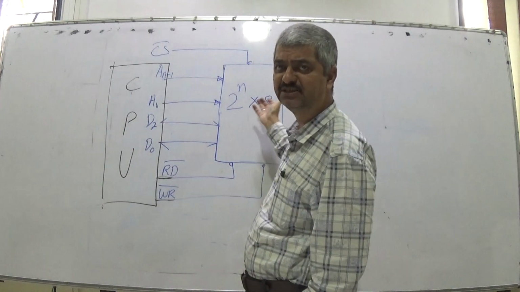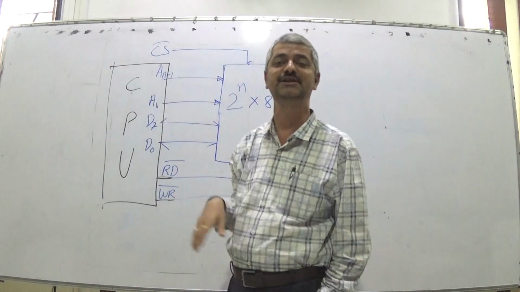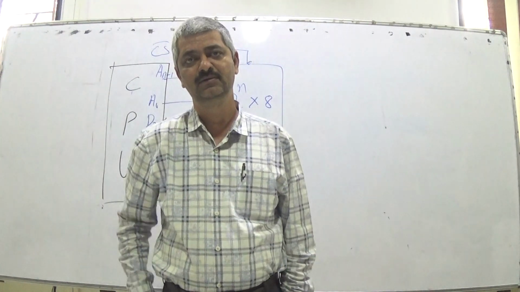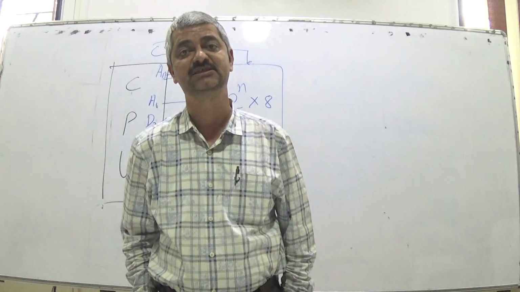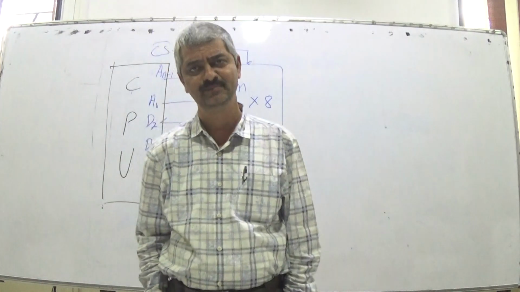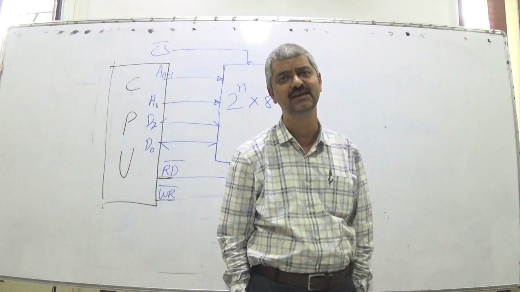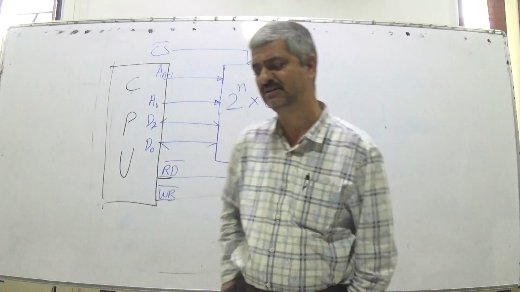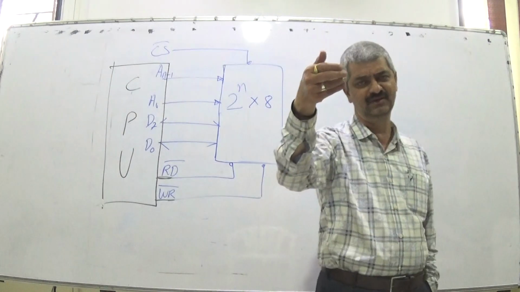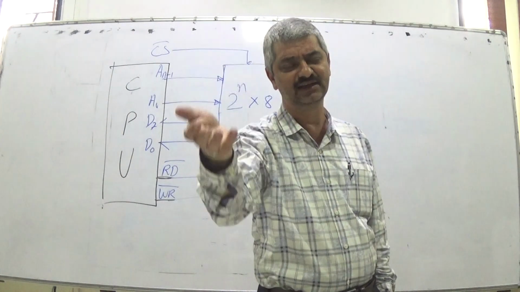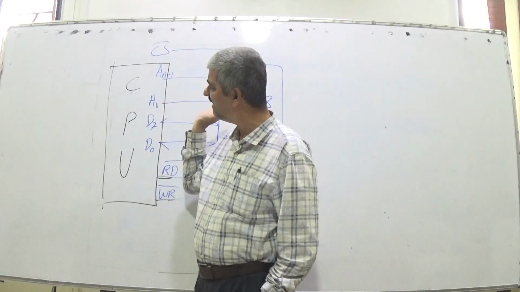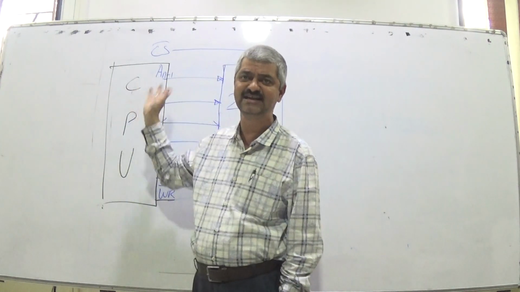External memory can be 64 by 8, 256 by 8, 1024, that is 2 raised to 10, called 1K. Then 2048 is 2K. 65,536 is 64K. Then 256K, 512K, 1 mega, and so on. So 20 lines, 1 mega, like that, giga. So huge external memory is there. Internal memory is of small size, few bytes only, 8 registers, 10 registers, like that. So the single byte memory cells are also there inside the CPU.